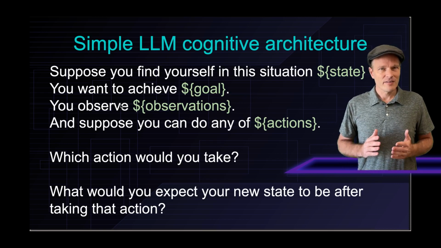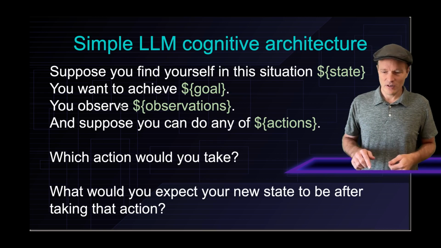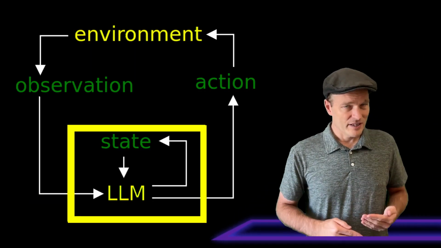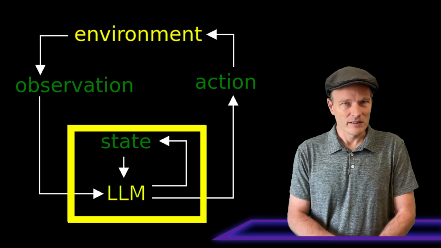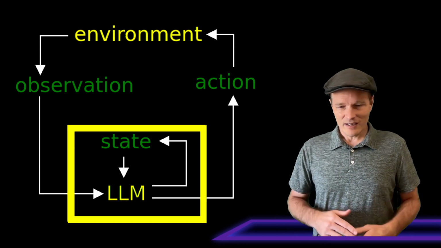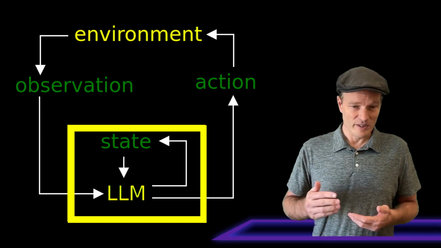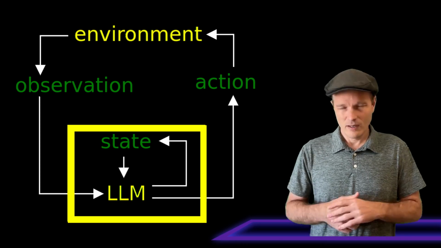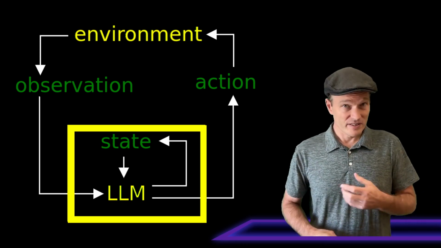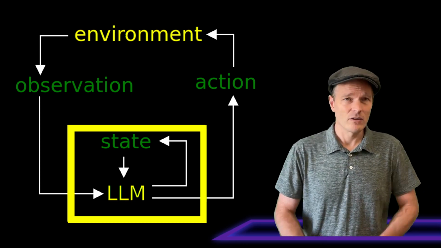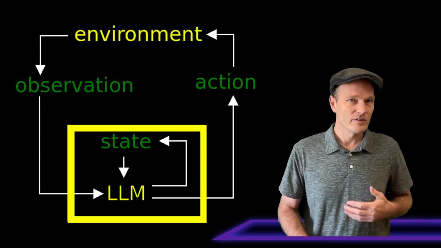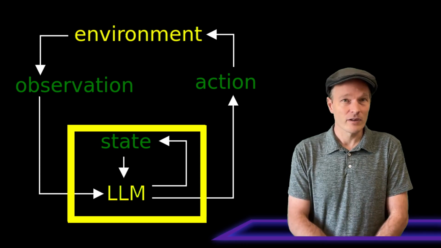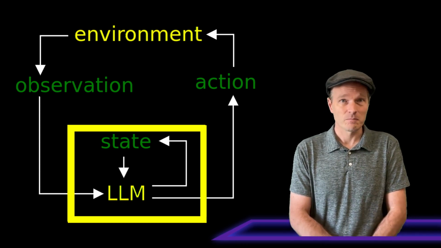And interestingly, that's exactly what happens within a cognitive architecture. In this diagram, the yellow box represents a cognitive architecture built using a large language model living inside of some environment. It can take actions which will affect its environment, and it can also make observations that tell it about the environment. Now, this state is simply a representation of what's going on in its mind, so to speak. It includes a representation of its environment, its beliefs, what it thinks its goal is, and everything that's important for the cognitive architecture to make decisions.